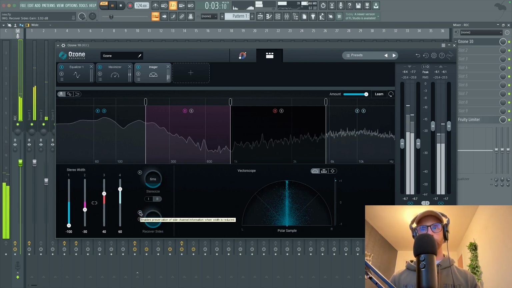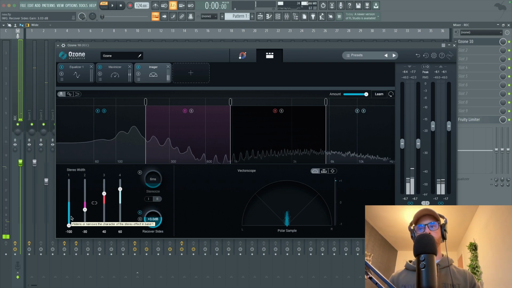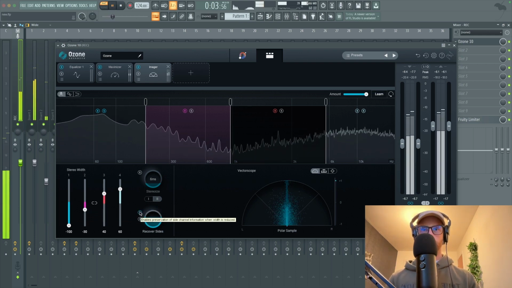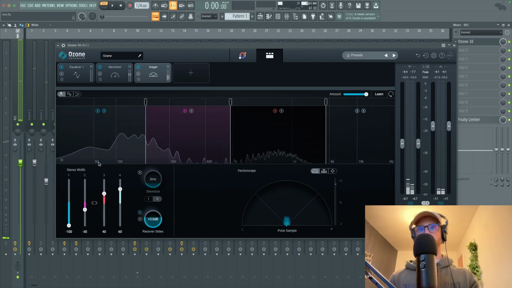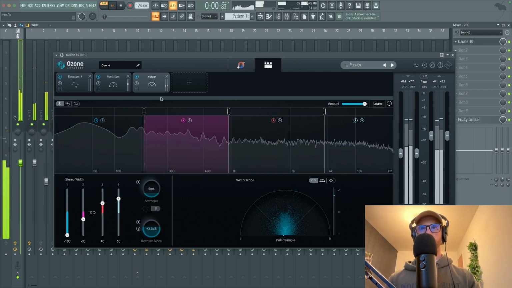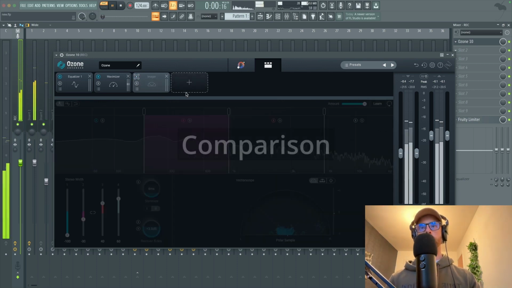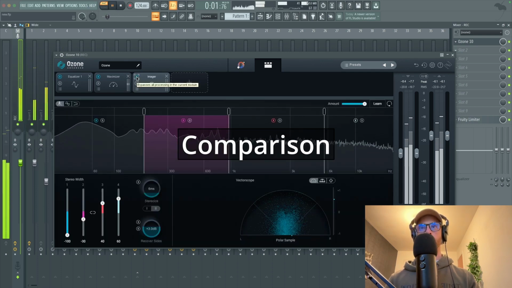So that's quite flat. Boosted it up a bit with this. And we've done that because we have reduced the width of it. And this is doing it with all the side channel information, so that's what that's for. Okay, so if we turn this off completely and put it back on,